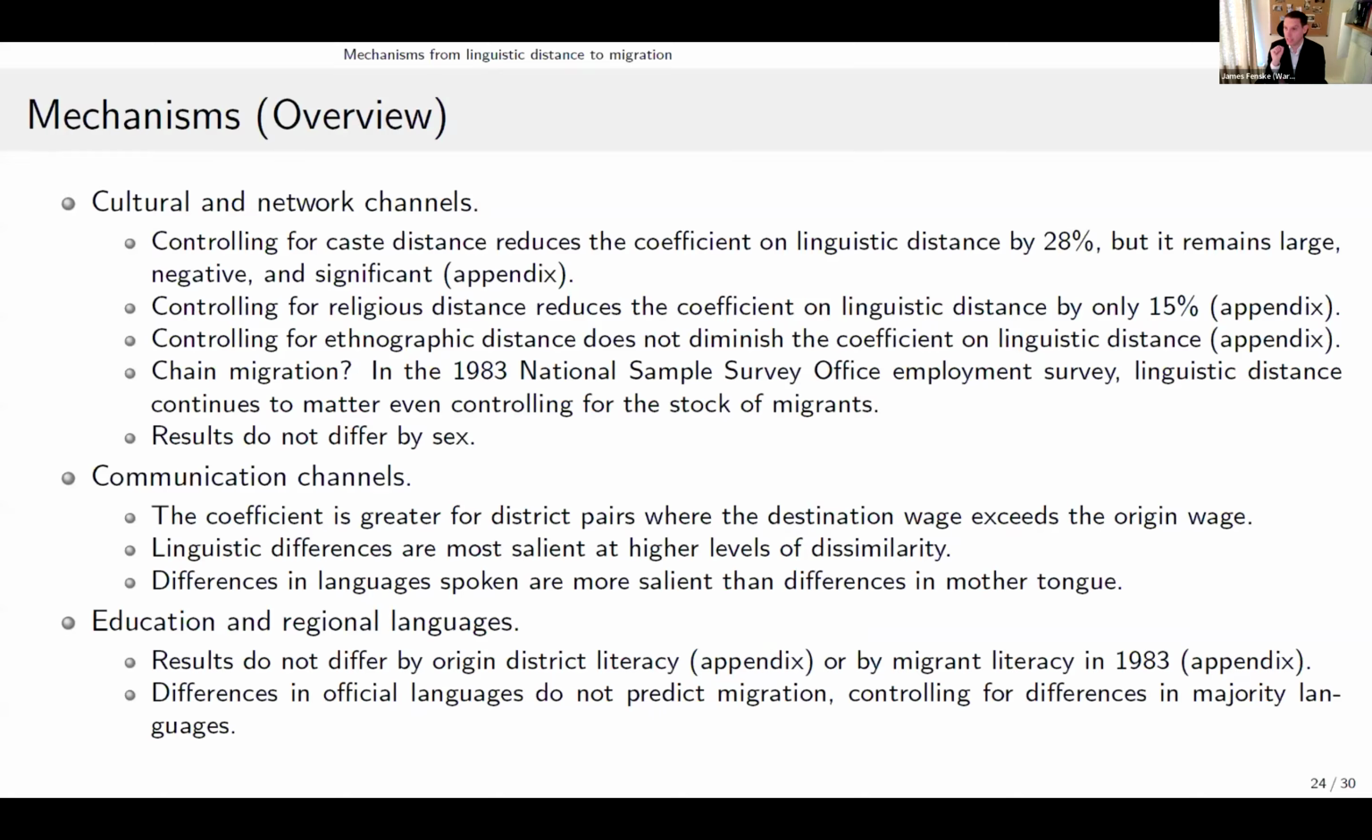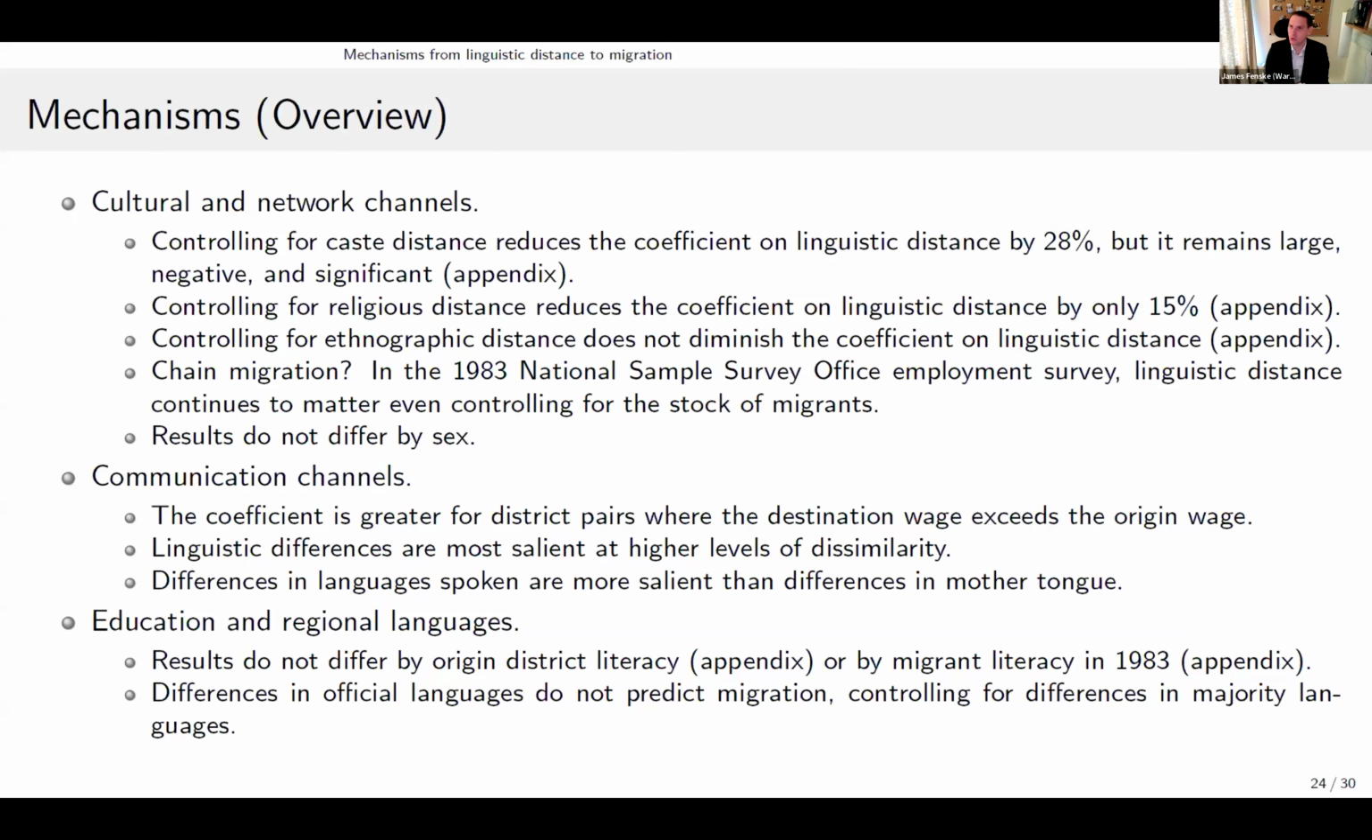We have microdata from 1983 to do that. If we were to look in 1901, the best we can do is look at whether the origins are high literacy or low literacy. The coefficient of linguistic distance is pretty similar between the two of them. If I were to ask not whether my district speaks a different language than this district, but rather whether the official language of my state is different than the official language of that state,